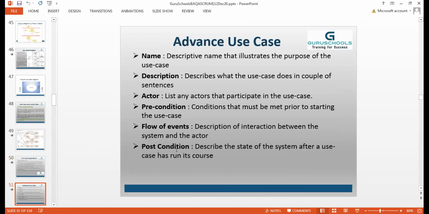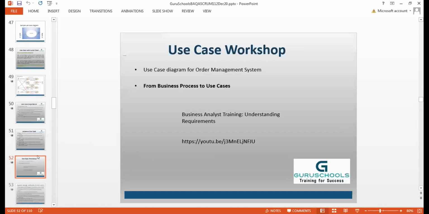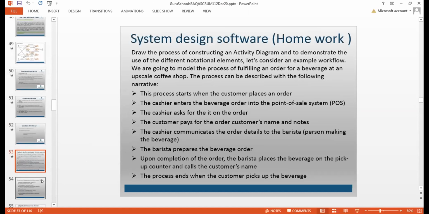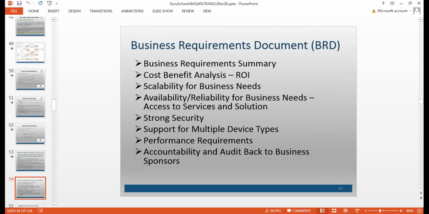And this is what we all included in the use case diagram. We have seen this. We have done this workshop. Now, okay, this is okay. This is also we have done. Now we talked about this BRD. I'll just revise again in a normal.